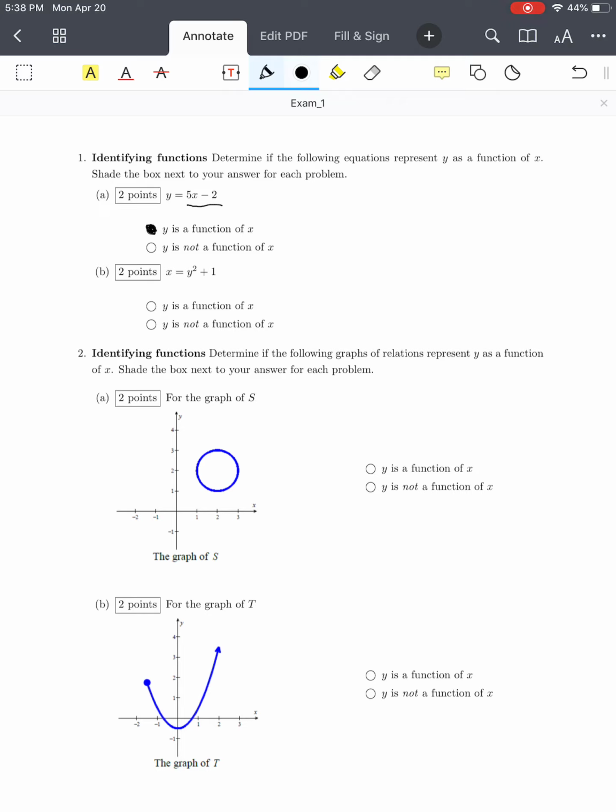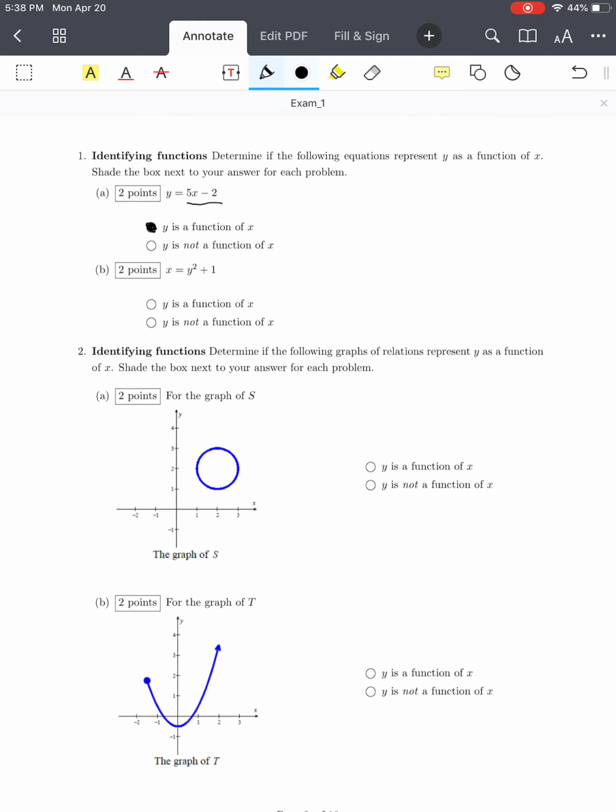So, we're okay there. Another definition for a function is if it passes the vertical line test. So 1b is x equals y squared plus 1, a function of x? Well, let's try to solve for y to see if it is just in terms of x. So to solve for y, we get y squared equals x minus 1. Then we take the square root of both sides. y equals plus or minus the square root